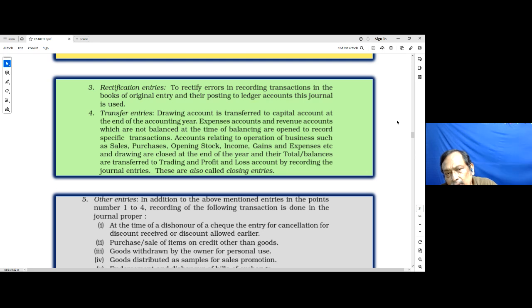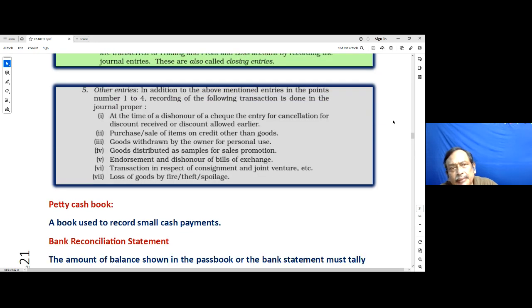and drawing are closed at the end of the year and their total or balances are transferred to trading and profit and loss account by recording the journal entries. These are also called closing entries. So transfer entries are also called closing entries. Next, we are having